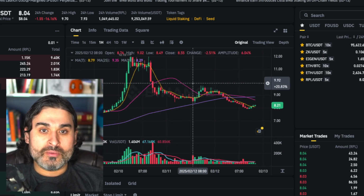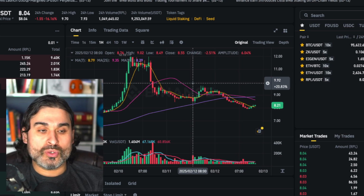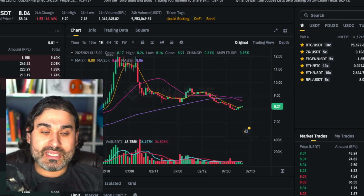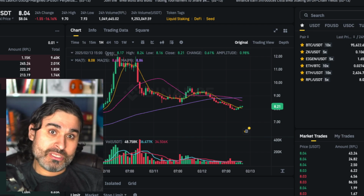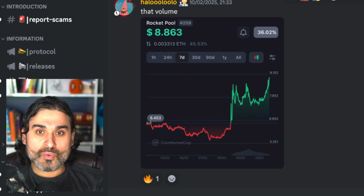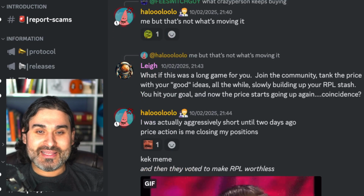However, we're a little bit below where we were on Monday night. From 12 down to 8 is a 33% drop. But when you go up that much, the fact that it's holding up value at this point is actually really promising, and it's really nice to see. So that had a lot of people in the community really excited, and we started talking about the price, and then what happened is